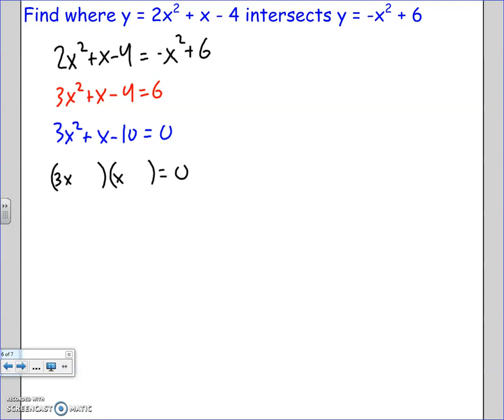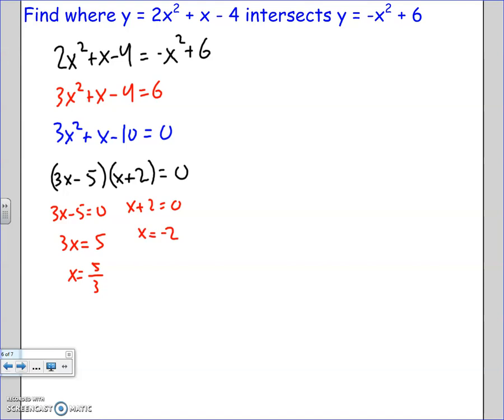And for 10, we have a couple options. 5, 2, that does work. That gives us 6 and 5. 6 minus 5 is 1. So I need a positive 6, negative 5. And that multiplies correctly. So both equal 0. So the first one I add 5 first, then I divide by 3. The second one I subtract 2. Got my two x's. If I did the quadratic formula, I get the exact same answer, so I'm not going to